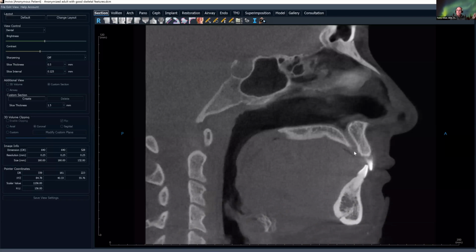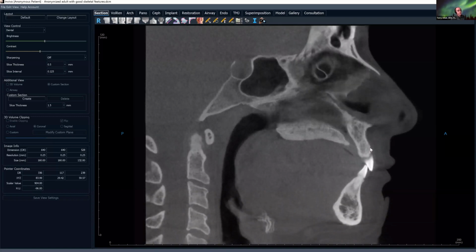We showed previously where this comes through in the sphenopalatine fissure. It travels along the septum and then it drops down here. So if there's a cyst in here, and the most common non-odontogenic cyst in the mouth is the incisive canal cyst, you would see it right here. This right here, these are just nutrient canals. You'll see a number of them on the mandible. Again, we're scrolling through,